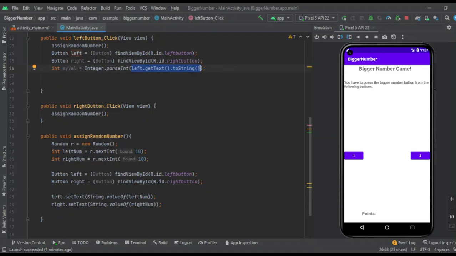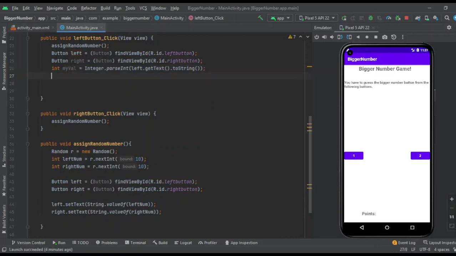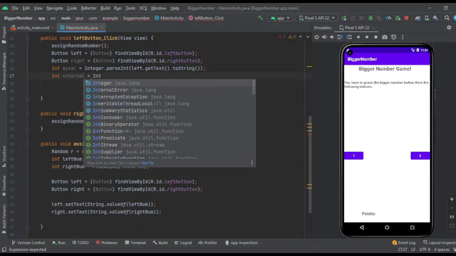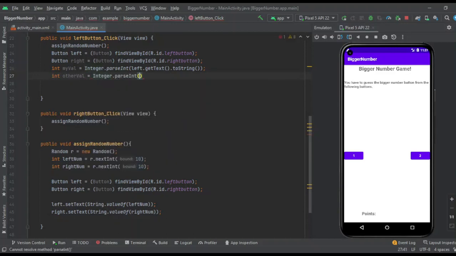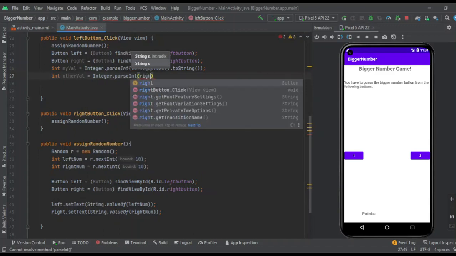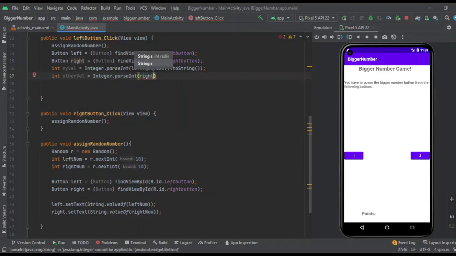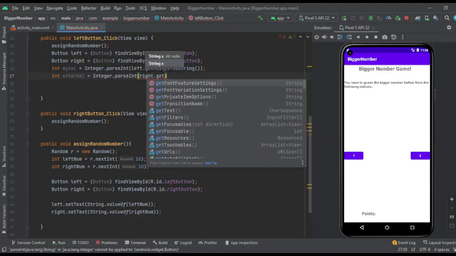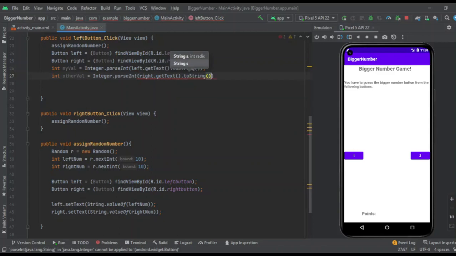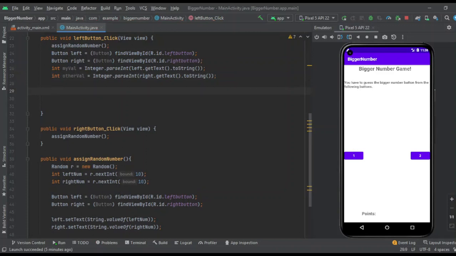Now I have to parse this to integer. So if I click the left button, this is what my value is. And another variable, let's call it other value, where again I have to write Integer dot parse int. In this I want to pass a string, so I want the text of the right button. Right is a button object. Right dot get text dot to string. Right, now what I need to do is compare: